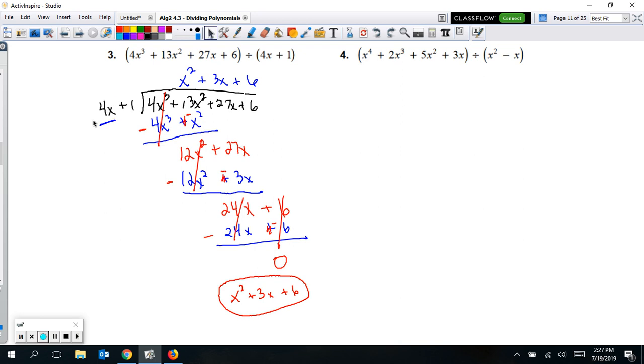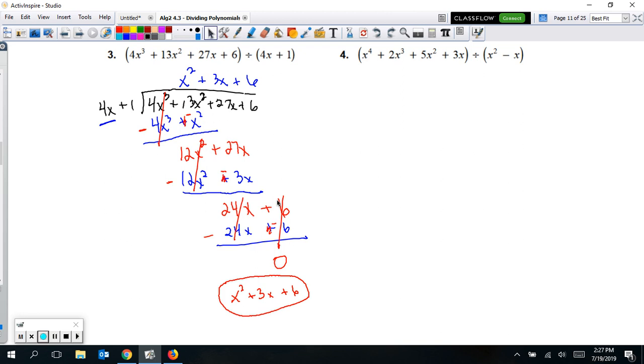So now you're asking, what do you multiply the 4x by to give you the 12x squared? That would have to be a 3 and an x, 3x. So 3x times 4x is 12x squared. So you're getting that. And then 3x times 1 is 3x here. But then you're going to change the signs in order to subtract. So changing the sign to negative here. So that way you can cancel those out. This becomes negative 3x. So we're going to subtract 3 from 27, giving us 24x, and bring down our last number,